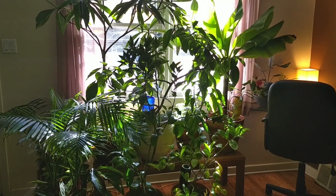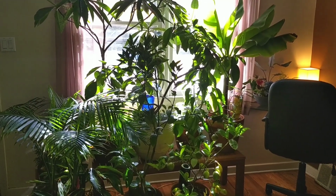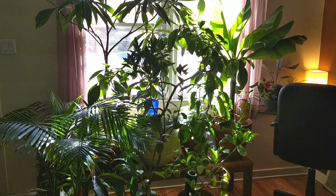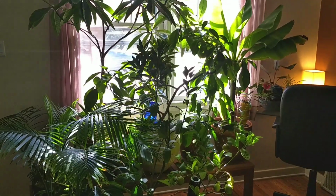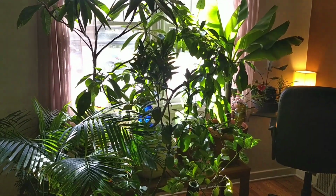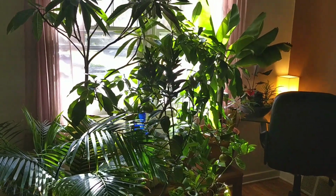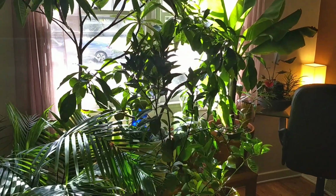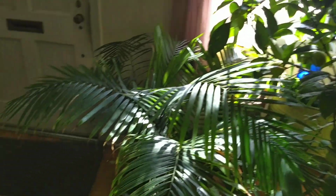Welcome to the Living Room Jungle 2019. It's late October and all the plants are now in for the winter. And as you can see, there is a large amount of greenery in here this year. I'd like to give you a quick tour, starting with